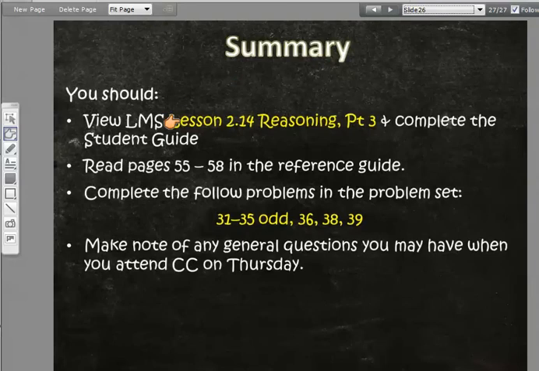After you watch this, please go through the LMS like I've said many times in this lesson. Read pages 55 through 58 in your reference guide. Please, please, please go practice doing proofs. That's what these problems are. You have the solution set in your lesson resources under the title